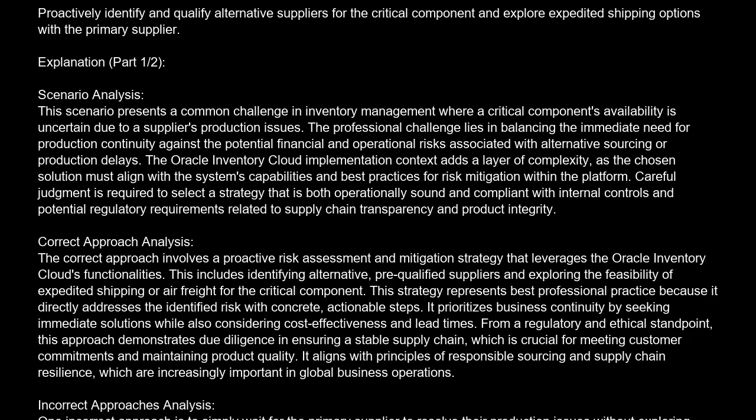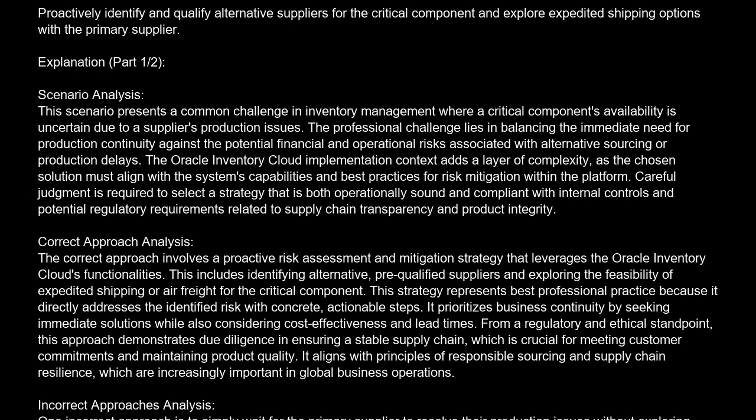The correct answer is D. Proactively identify and qualify alternative suppliers for the critical component and explore expedited shipping options with the primary supplier. Explanation. Scenario analysis. This scenario presents a common challenge in inventory management where a critical component's availability is uncertain due